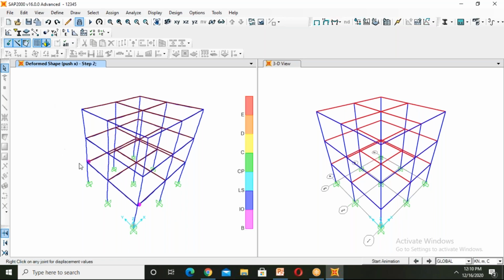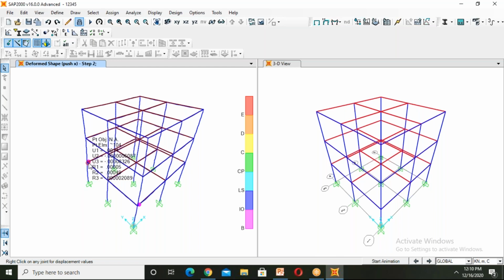See here, the hinge has been formed here. This is the first point where the yielding has been done, where the ultimate yielding has taken place.